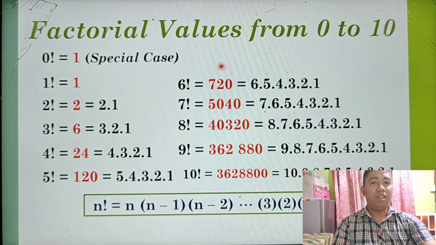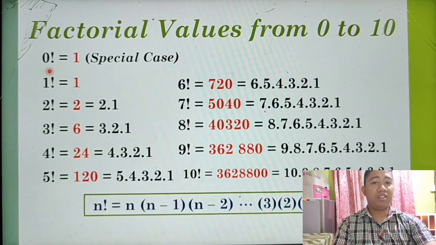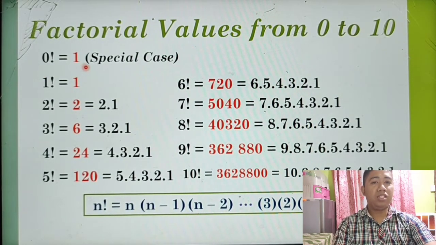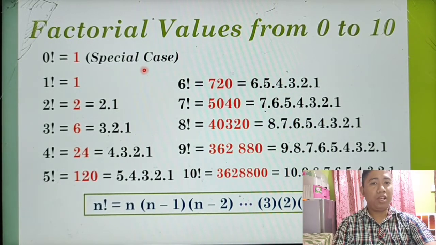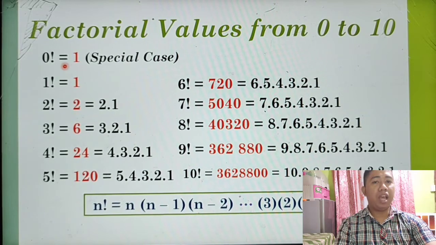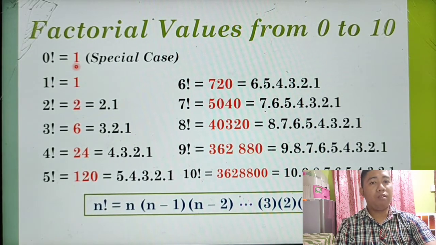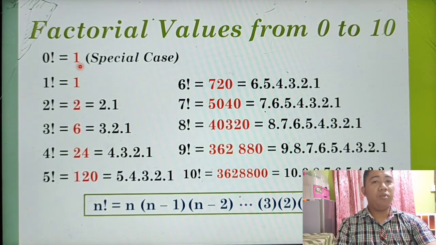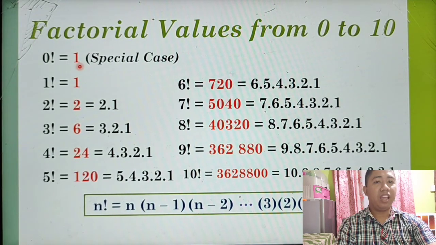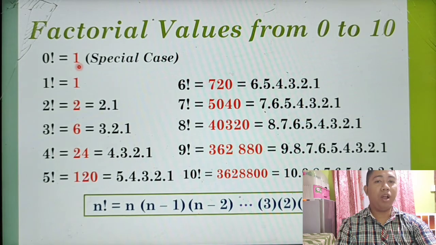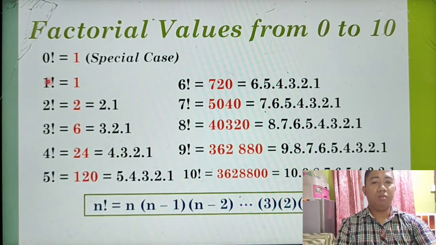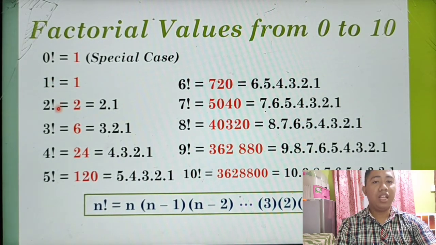Let us begin with 0 factorial. 0 factorial is equal to 1. It is a special case because 0 factorial is equivalent to the empty product, which has no factors and results in the multiplicative identity, equal to 1. So we have 1 factorial is equal to 1, 2 factorial is equal to 2,